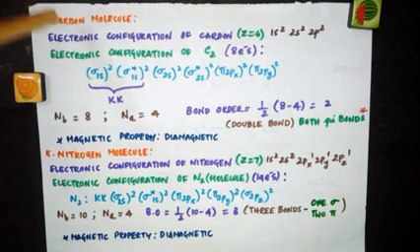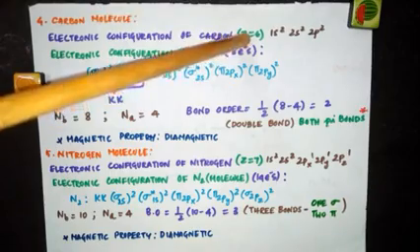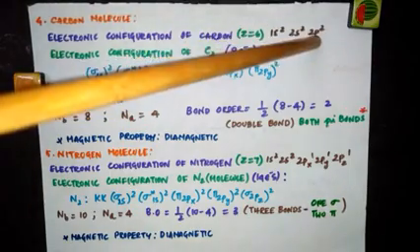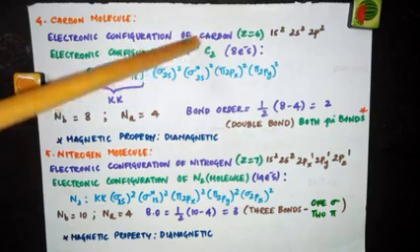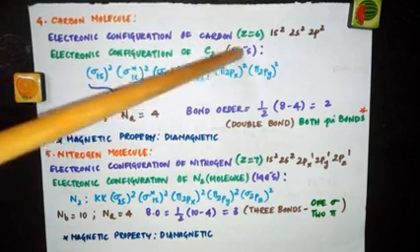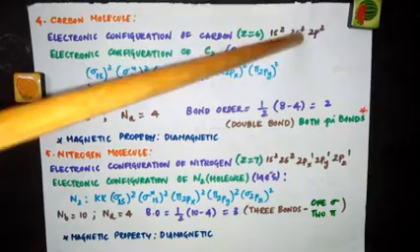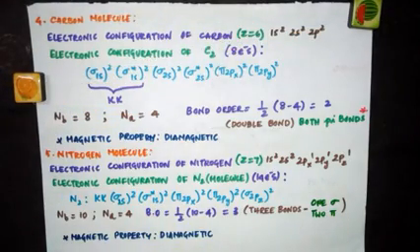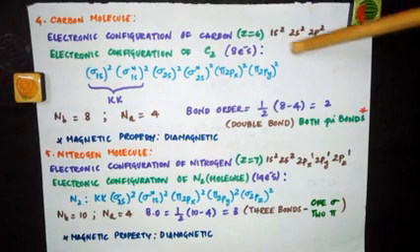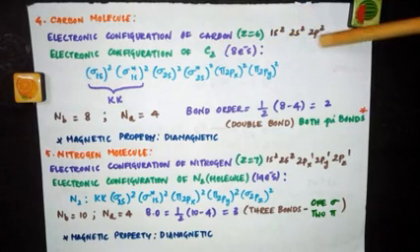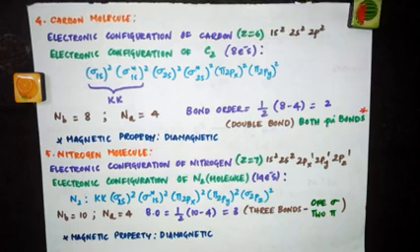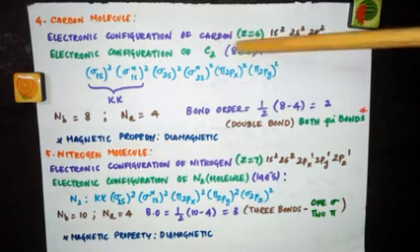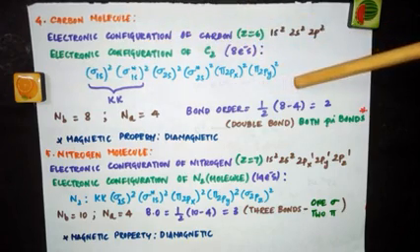Let's see the carbon molecule. Electronic configuration of the carbon atom: atomic number is 6, so 1s2, 2s2, 2p2. So for the electronic configuration of the carbon molecule C2, there will be 8 electrons. Why? In one atom we have 2 plus 2 plus 2, so totally 6 electrons are there. But in the outermost shell, you're not going to take this. In the outermost shell we have 4 electrons in each carbon atom. So there will be 8 electrons to be accommodated in the outer molecular orbitals of C2. You can write this as 12 electrons also, and you can write the entire configuration.